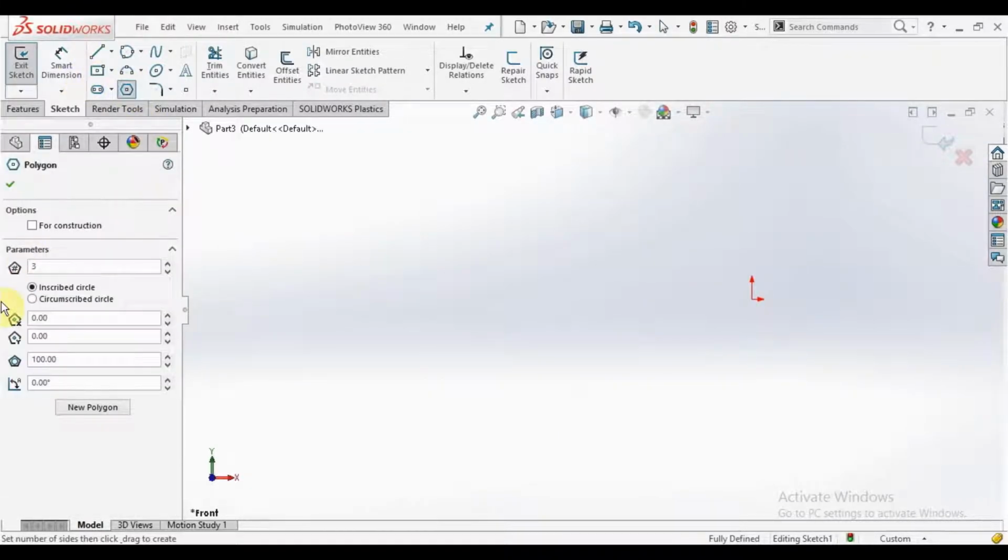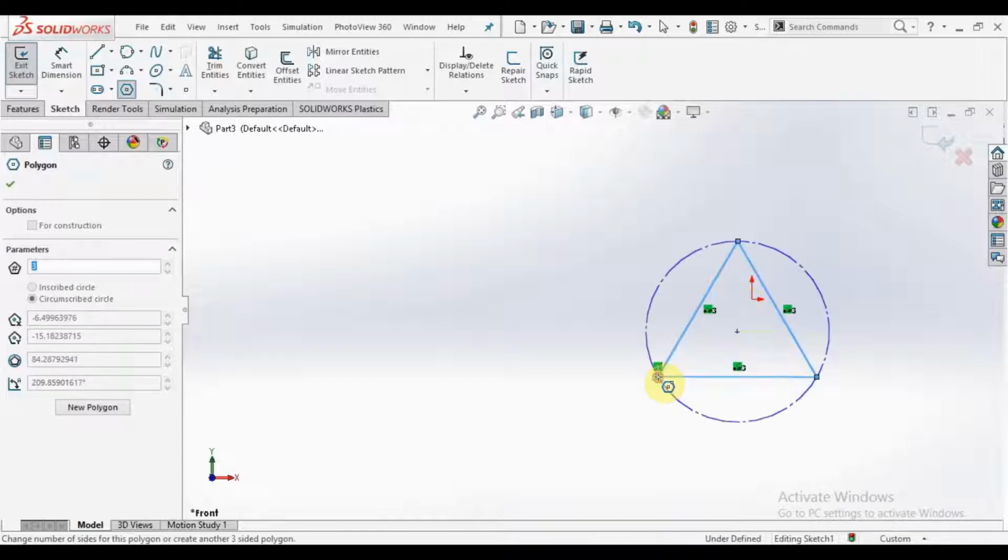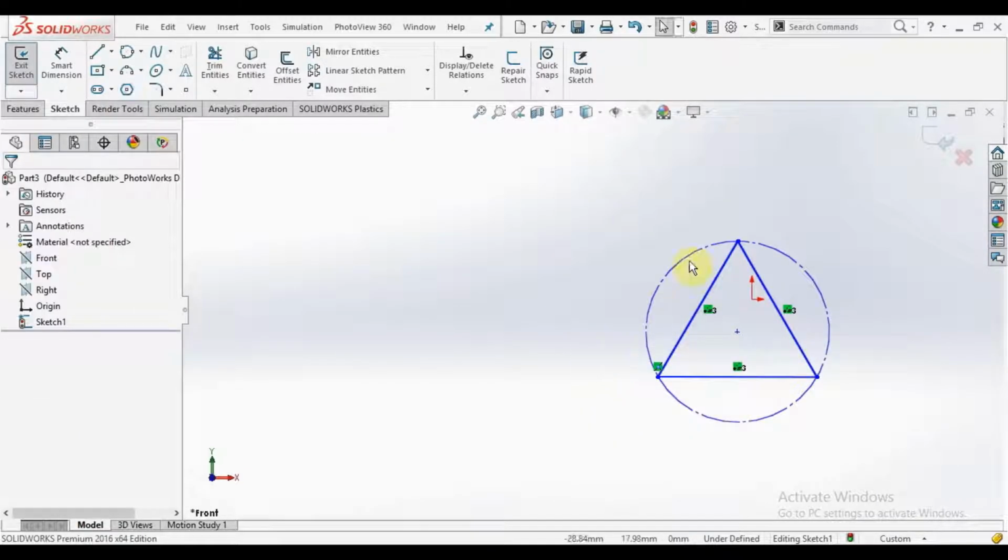So now let's say our next polygon is circumscribed. Same, it has 3 sides. So here you can see our circle is outside of the triangle.